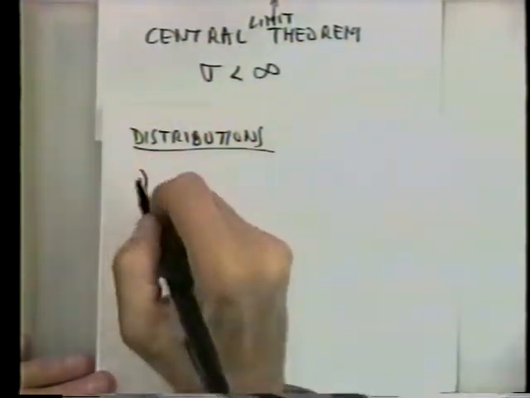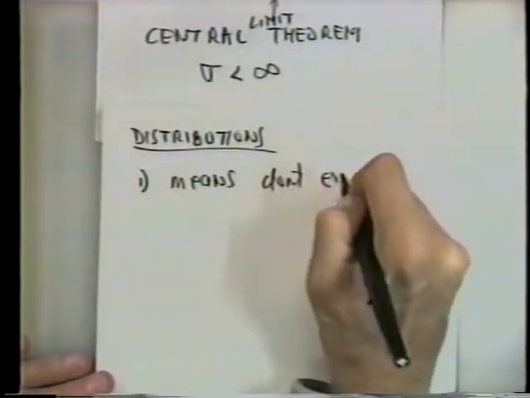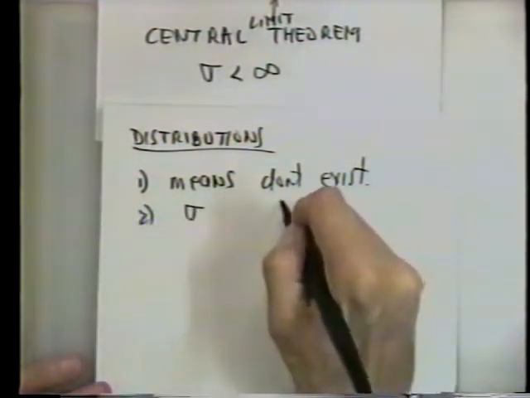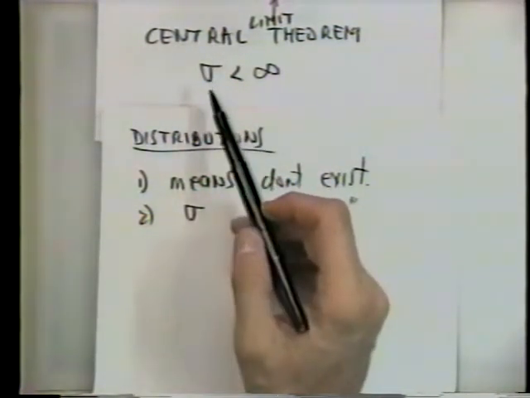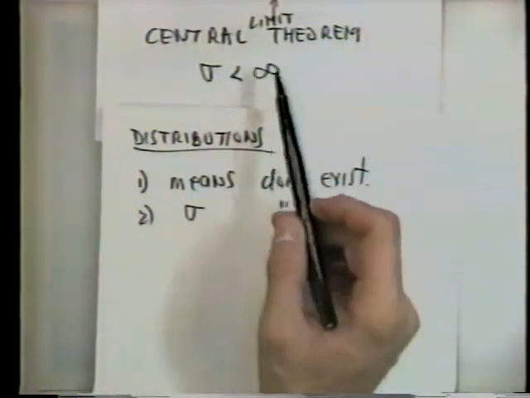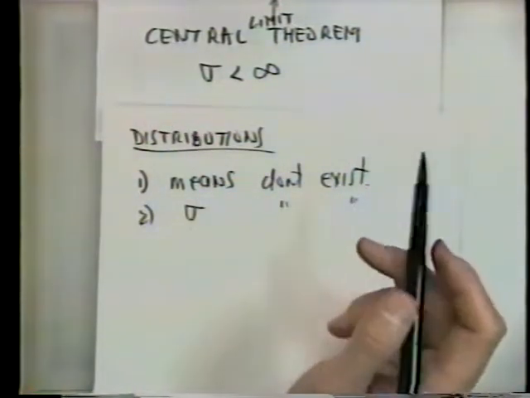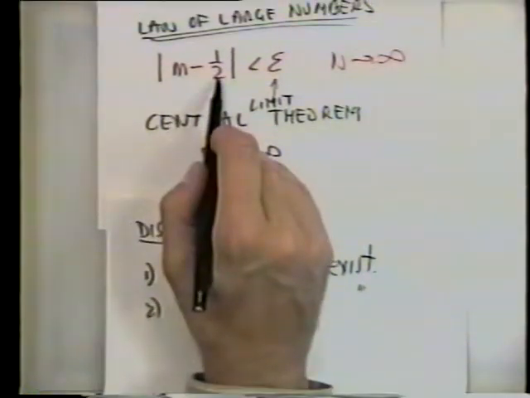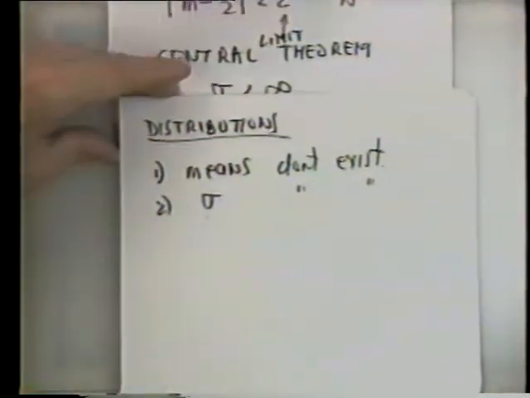The two properties are, first of all, the means don't exist. And second of all, things like the variance don't exist. So this means that this underlying idea required for the proof of the central limit theorem, in all of the versions of the central limit theorem, that the variance be finite and exist, is no longer true, and the central limit theorem no longer applies. Which means as we go to more data, we're not guaranteed that the mean reaches a finite value, and we're not guaranteed that the distribution approximates that of a Gaussian.